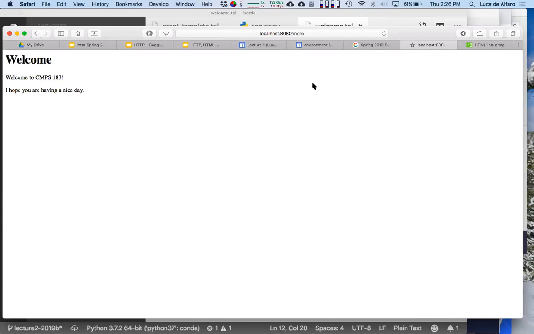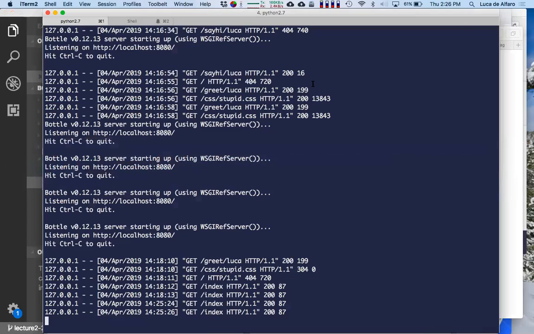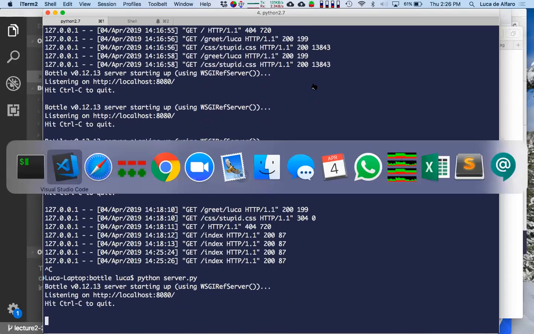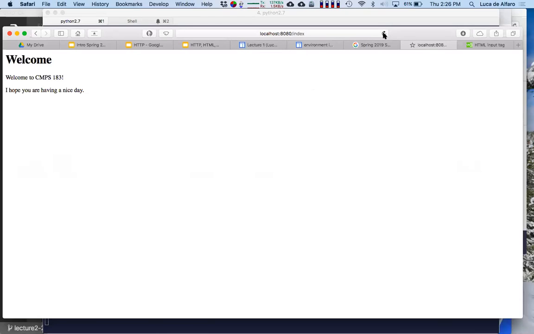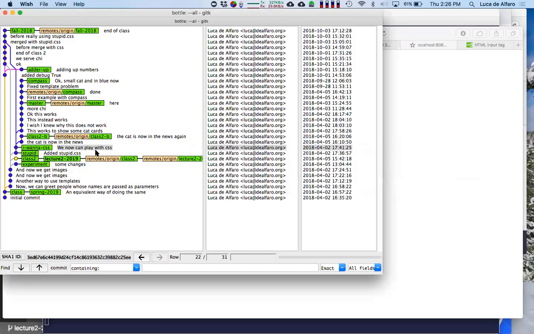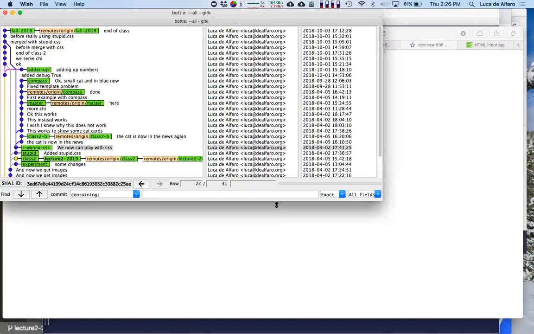So if I now restart Bottle, it will notice the change. So I have to go here and restart it. And when I reload, you will see the change. Hopefully, right? I'm special. Okay, fine. This time I'm right. Now, this is kind of annoying when you're developing. In fact, it's truly annoying when you're developing. And so Bottle has one way to actually tell it, please watch my files, and if they change, let me know. And I think I used it in Git in some place, and I can retrieve it because I can never remember. I think it's called something like debug equal to true, or